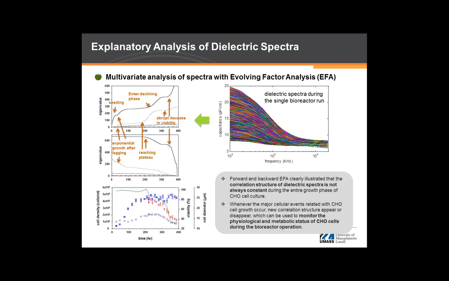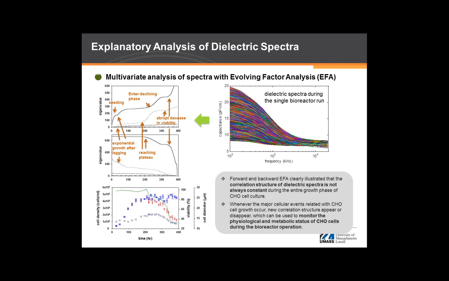We have done two different types of factor analysis: one is the forward factor analysis, and the other is the backward factor analysis. The methodology is pretty simple. In forward factor analysis, it calculates eigenvalues and eigenvectors while increasing the number of observations. So starting from day 0, you calculate the eigenvector, then every single day you calculate it again. The eventual goal is to find the distinct changes you are experiencing from the cell during the cell